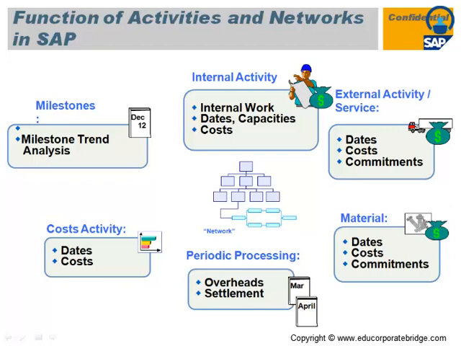Once that cost is captured on that particular WBS, if you want to close that WBS or that particular project, you have to settle that cost from the WBS to the GL or from the WBS to the assets. In case of a revenue project, you have to settle the cost from the WBS to your GL or a cost center, or if it is a capital kind of project, you have to settle the cost from the WBS or project to the fixed asset.